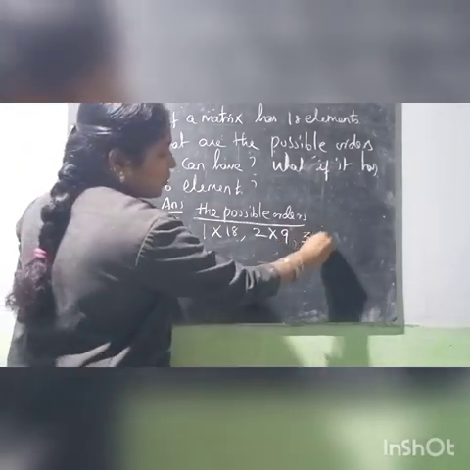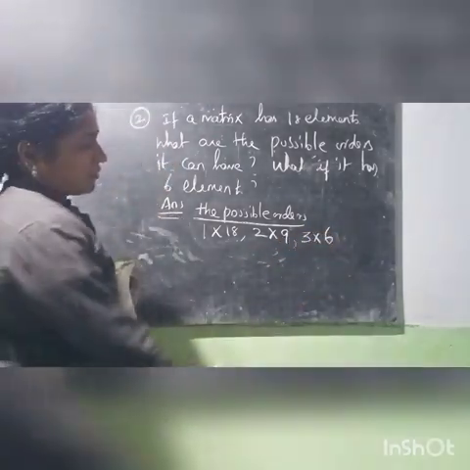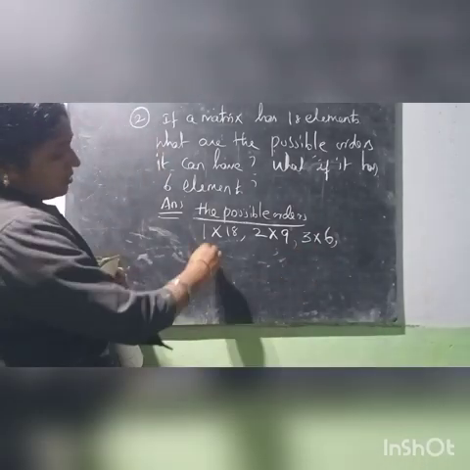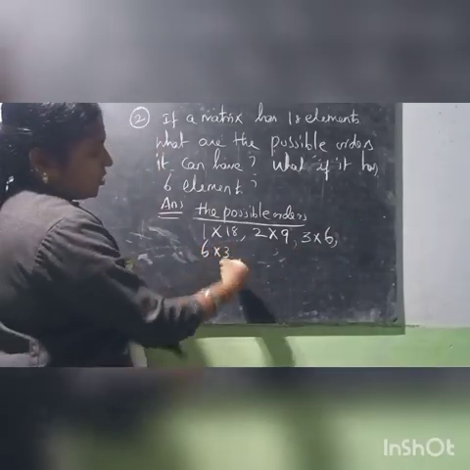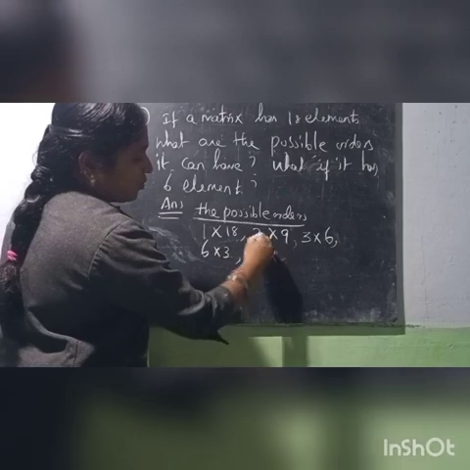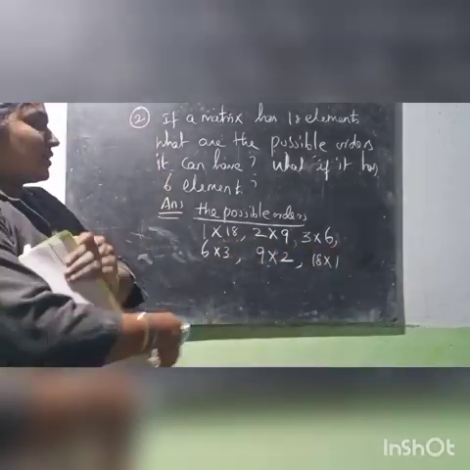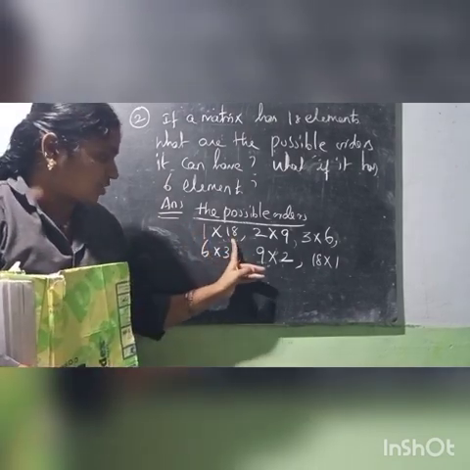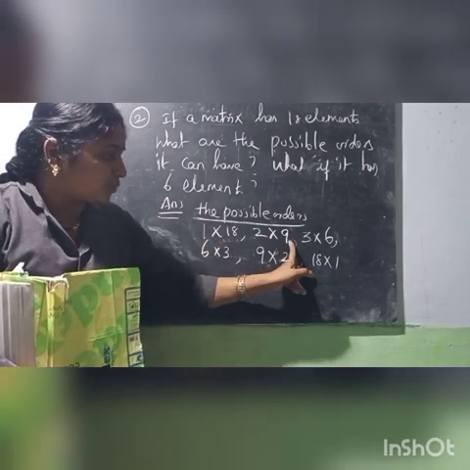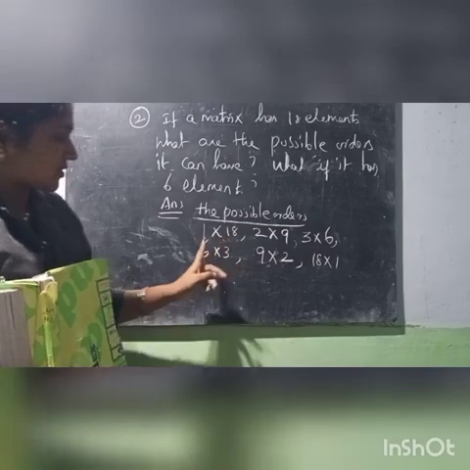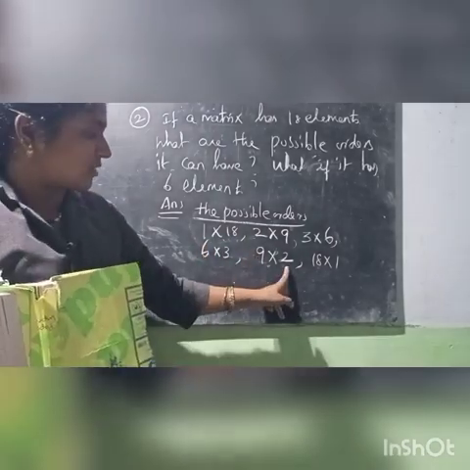Then 3 row 6 column. Then next 6 row 3 column. Then 9 row 2 column. Then 18 row 1 column. So the 6 possible orders: 1 cross 18, 2 cross 9, 3 cross 6, 6 cross 3, 9 cross 2,